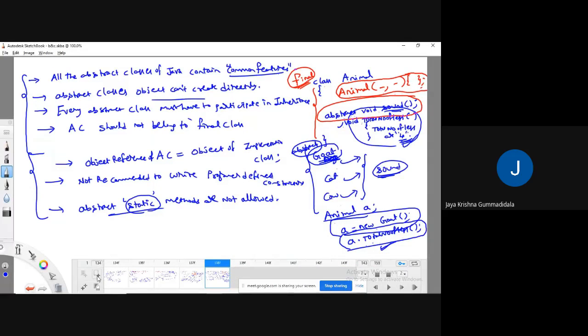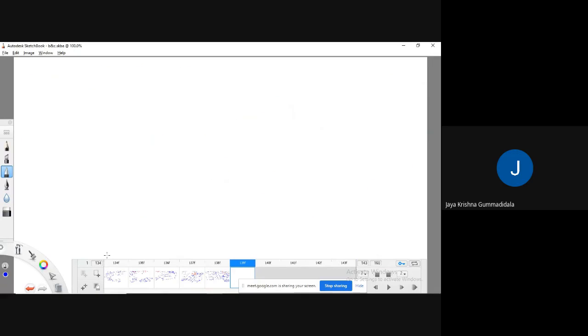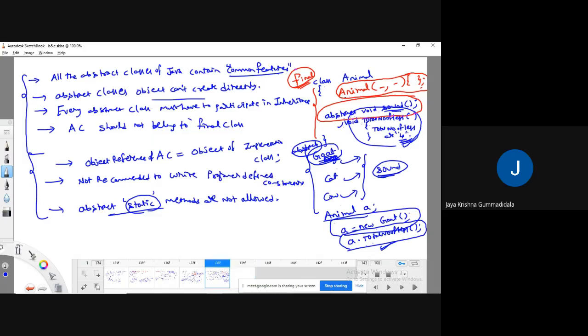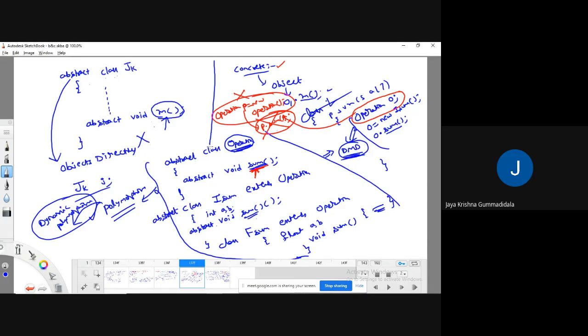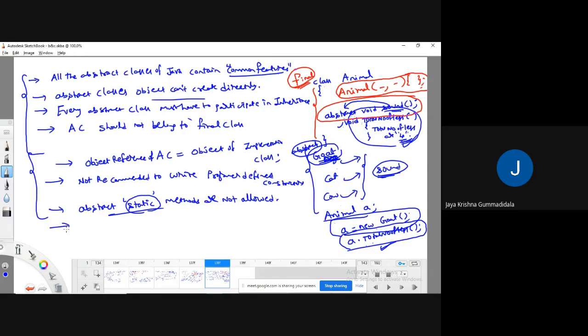Okay, fine. So here you have to know one thing. Whatever examples I have taken, in all those examples I have written the abstract keyword in front of a method, or in front of a class. But have I written it anywhere in front of a data type? No. Meaning that this is also important: the abstract keyword can't be used for variables.